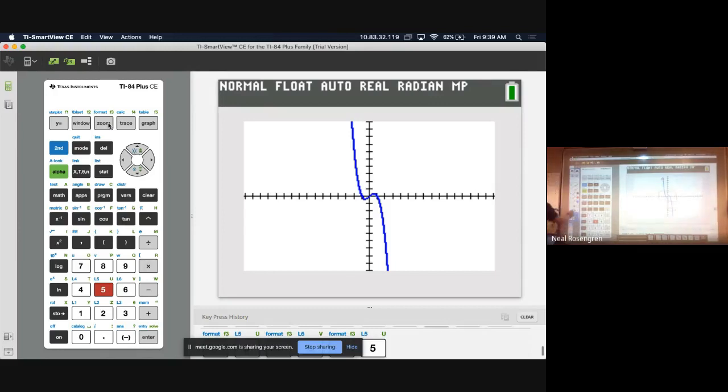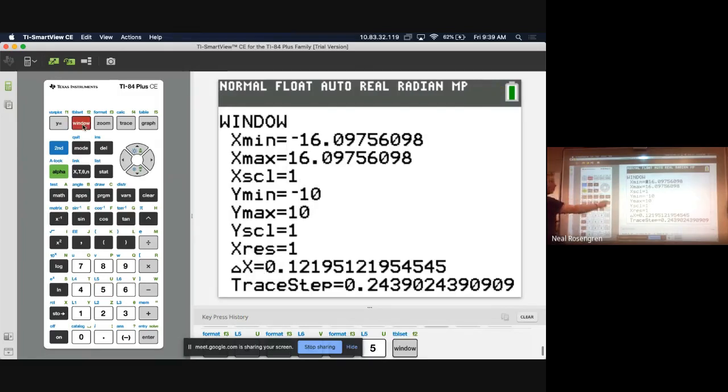And one of the things that I wanted to show you today, before we even say, all right, how do I find that point right there and how do I find that point right there? Because there's a way to do that. The calculator can give us the best approximation if it's not pretty. I want to show you how to zoom to a certain space without having to change your window and pressing all